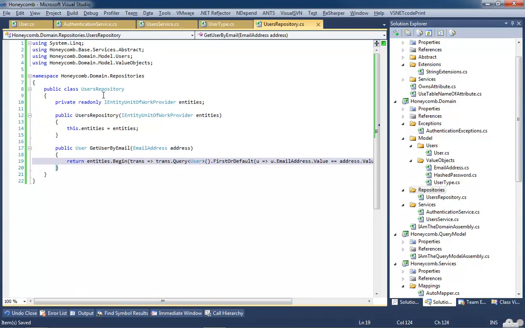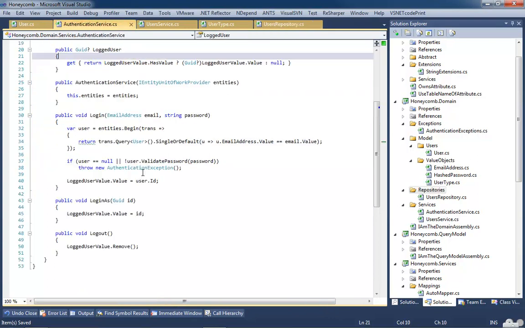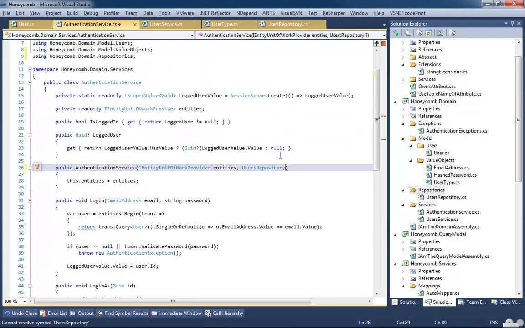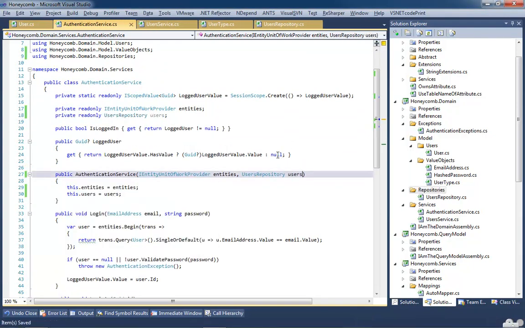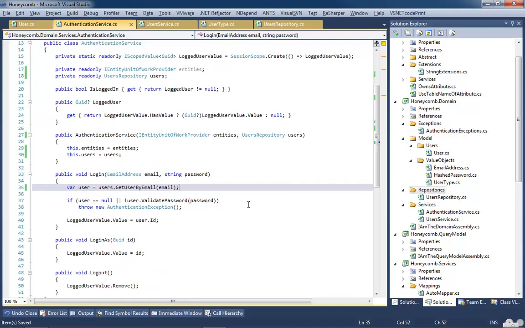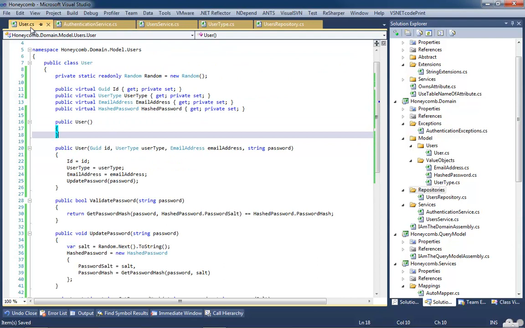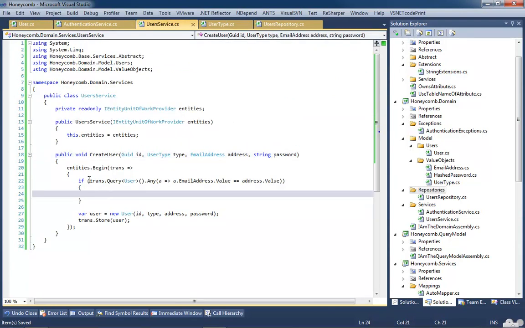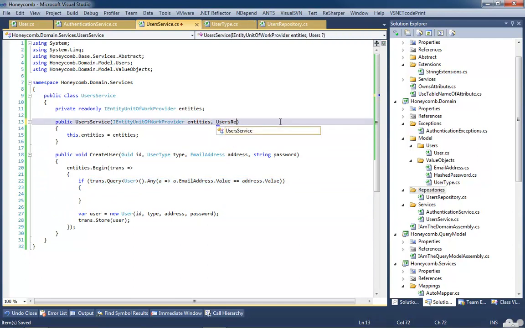Now that we have a users repository, we can go ahead into our authentication service and add that as a dependency, and then replace this code with user equals users dot get user by email, and instantly this method already looks a lot nicer. I mean, I think, I agree. Yeah, it does. Yeah, and so does this, by the way, because now we can pull in our users repository,